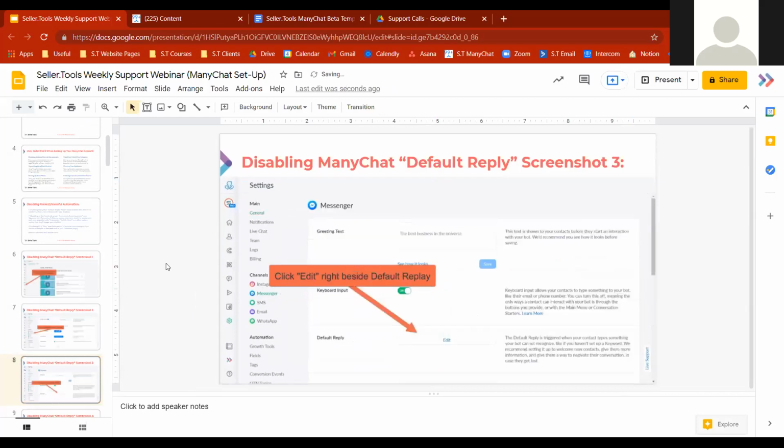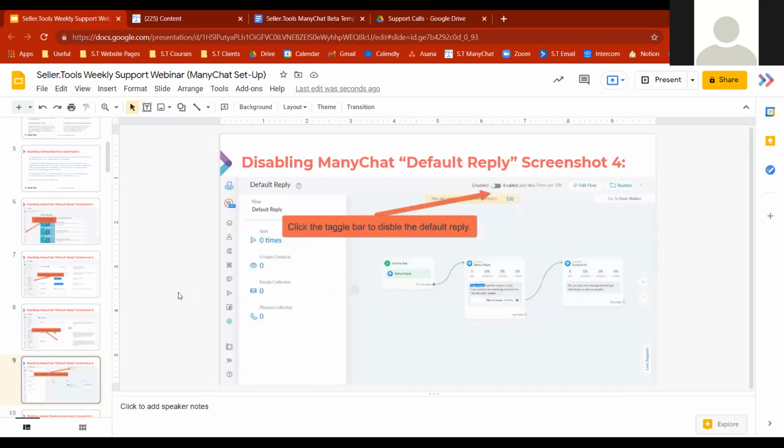Okay, so let me just go to the next slide. The next screenshot brings you to this page once you hit Messenger, and you'll see default reply at the top of the page, I should say, because we're scrolled up. And you want to hit edit. Once you hit edit, you'll be brought to this flow right here. Again, this is something that's just automatically there, and I disable it in this screenshot. When you do get into this, it'll most likely be enabled, and this little toggle bar will be green. You just want to click it, and then it'll lean towards disabled,